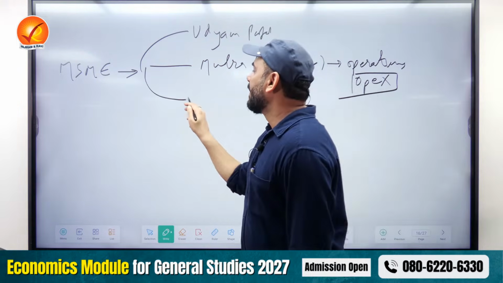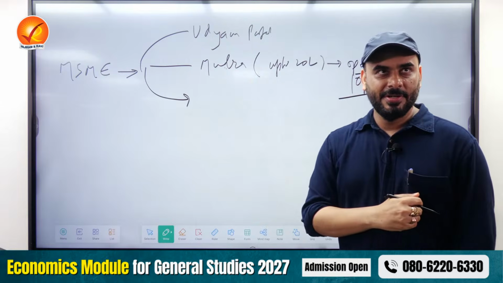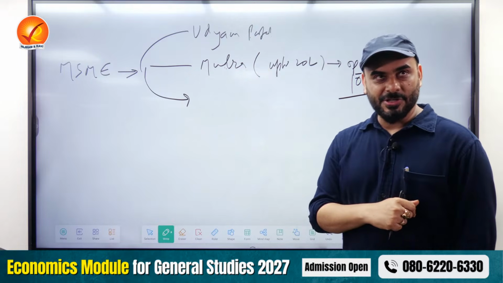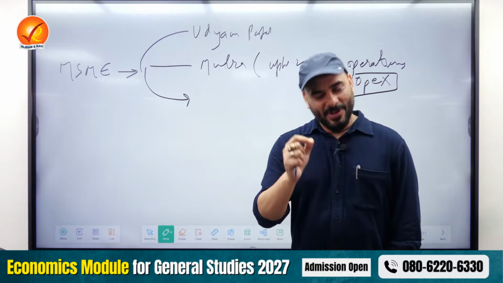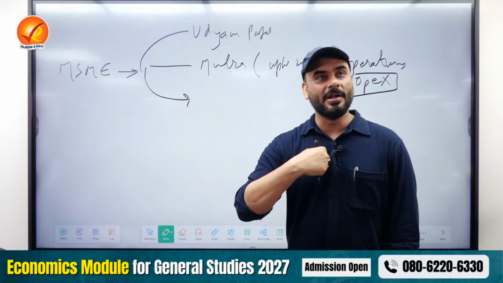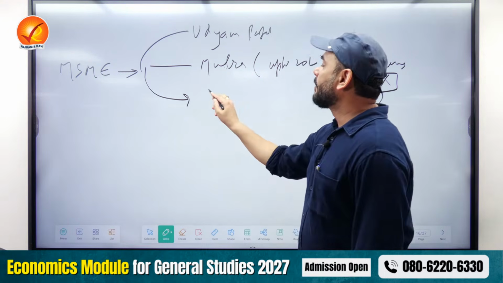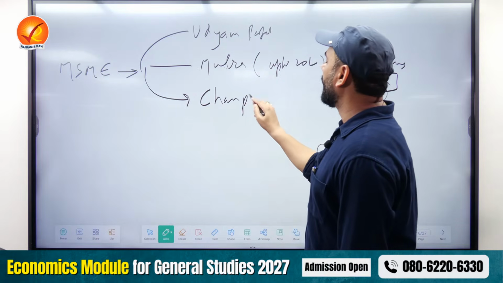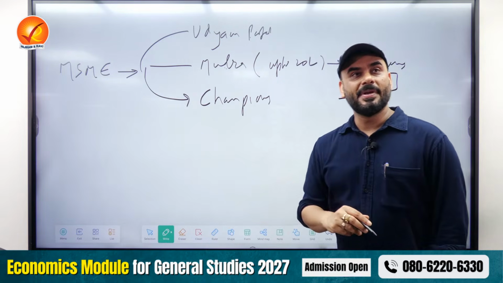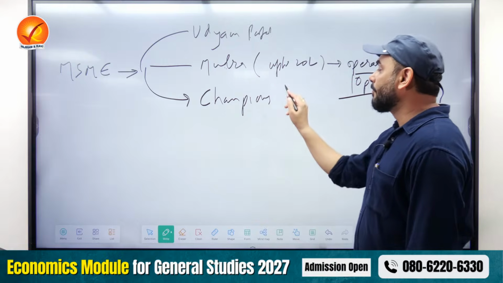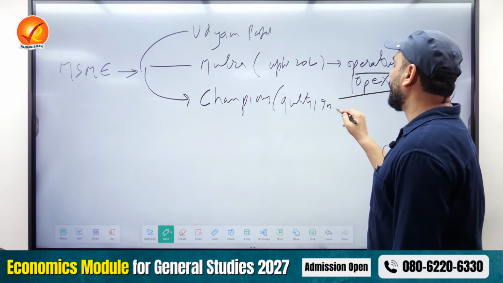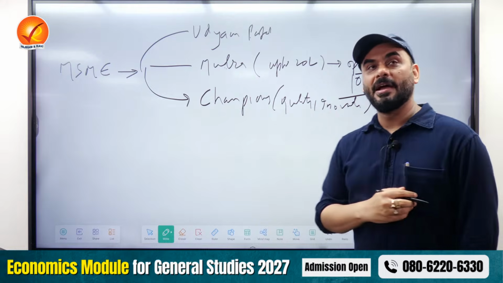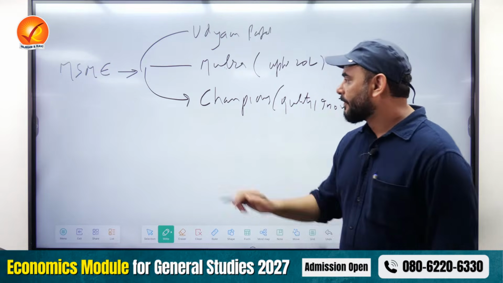Third thing, if government is giving me so much cash and government is also giving me registration, don't you feel that I should also improve my quality? So now Government of India says, if you improve your quality, if you do innovation, Government of India will give me a tag called champions. So who are the champions? Who gets a certificate of champion from government? Those who improve quality and those who innovate. They get the tag of champion from Government of India.